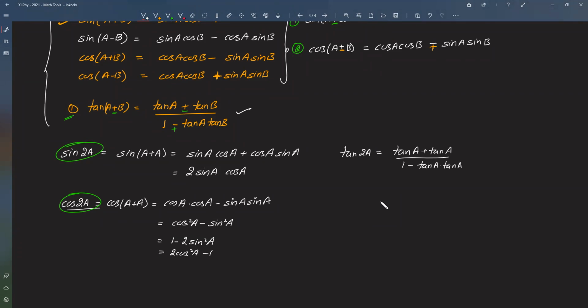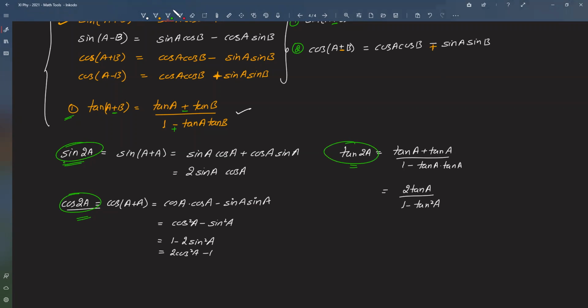So that is nothing but 2 tan a divided by 1 minus tan squared a. That's all. There are other possible expressions as well, but for us, these three are important: sin 2a, cos 2a,